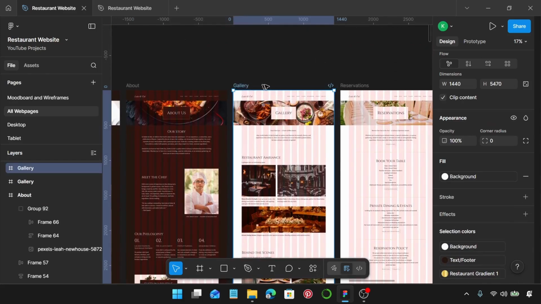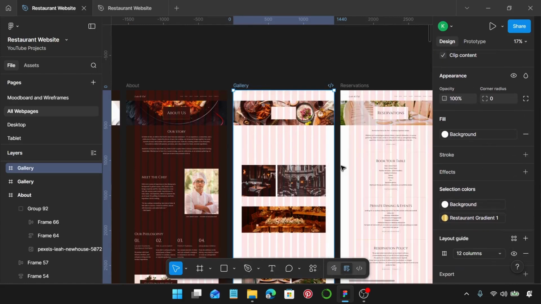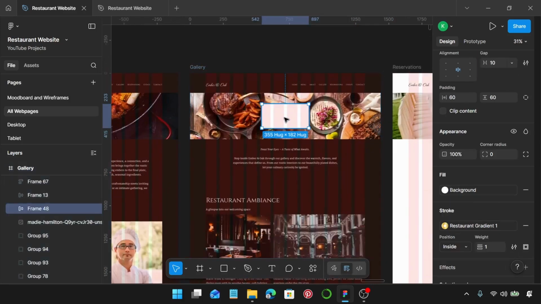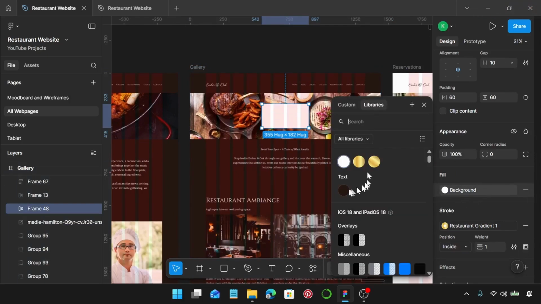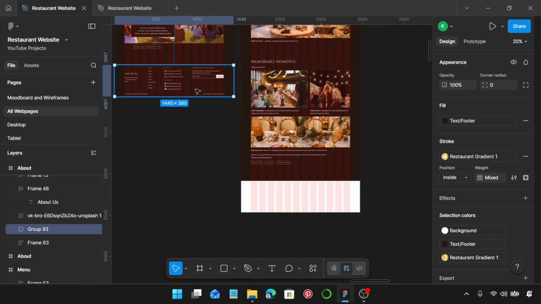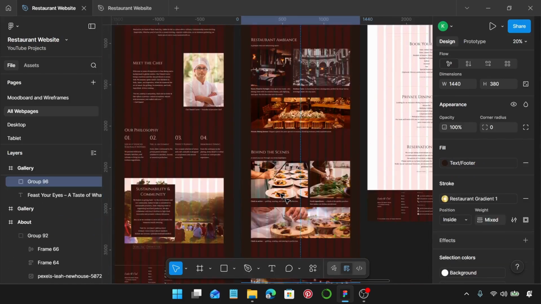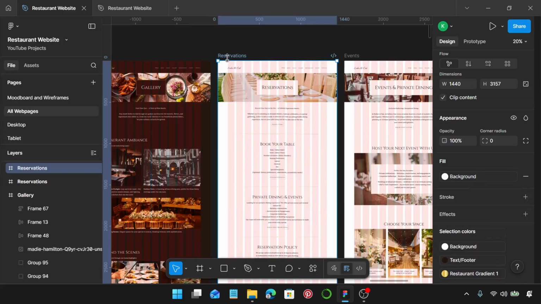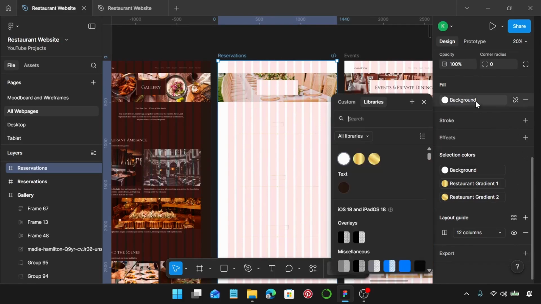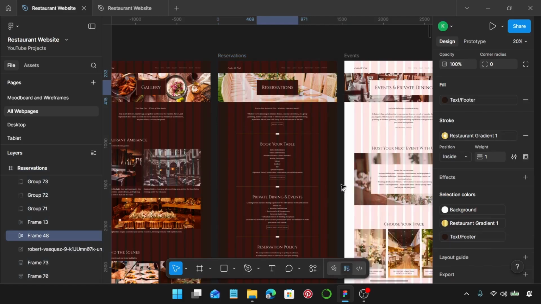I'm going to select gallery, start with text color, change it to background, and then under fill change it to text. I'm going to select this one. I'm going to change the fill to text, and I'm going to copy this and I'm going to replace. Reservations, start with text color, change it to background, and then under fill change it to text. Select this, change the fill to text,